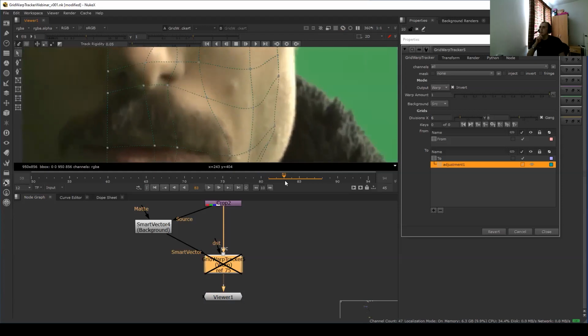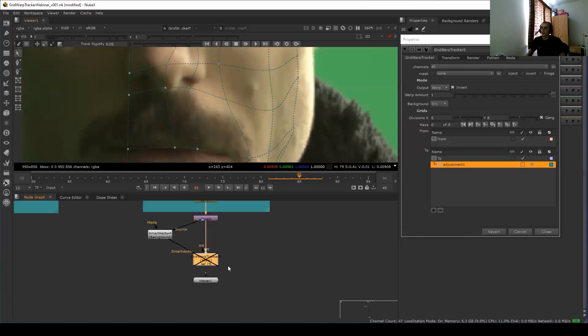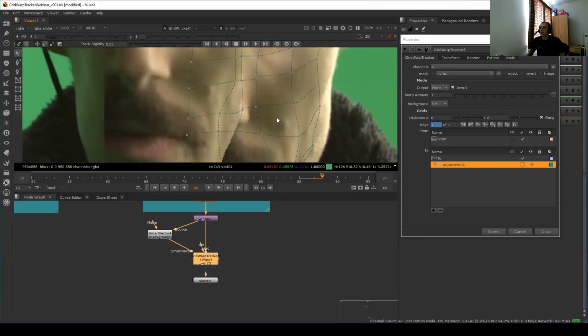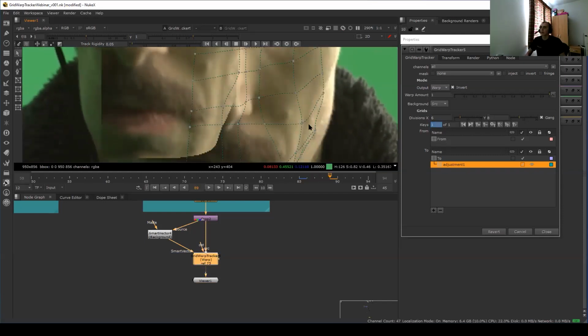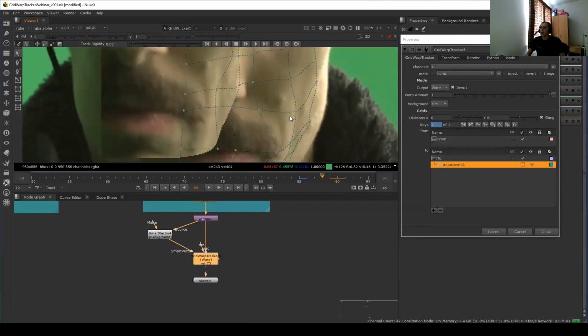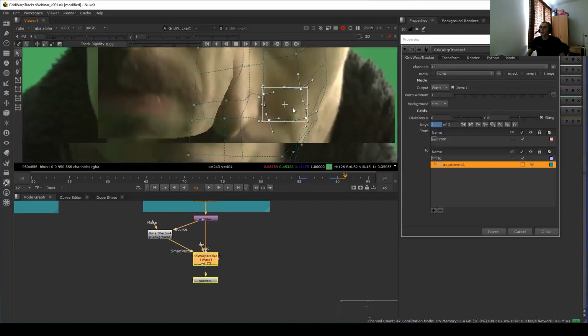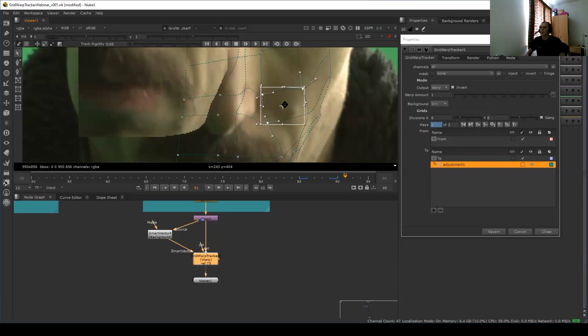As I see it starts to move around, I might want to follow that movement a little bit by adding a few keyframes to it. So I'll add a keyframe to it manually. Add a manual keyframe. And as it starts sliding, you can see here on those frames, it starts sliding towards the bottom of this square. So on those frames, I might just want to adjust it a little bit to follow that movement a bit better. And this way, you can actually add some adjustments to this SmartVector workflow,